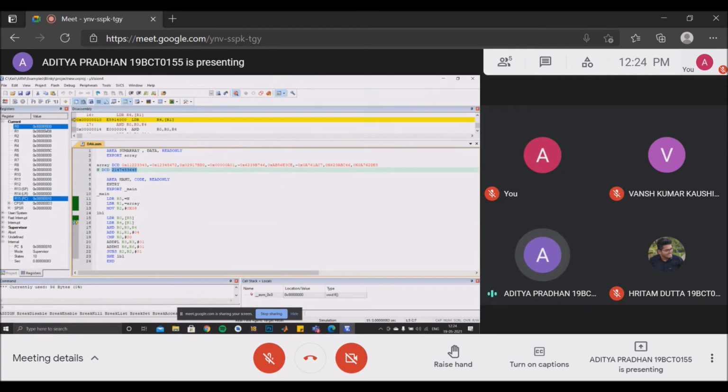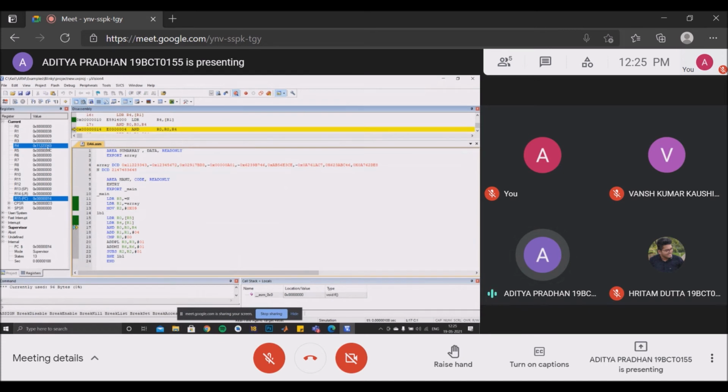contains the address of the first element in the array. So when line 16 is executed, the first element of the array, which is 11223343, is loaded in R4. We can see this here in the register dialog box. Again, when we consider the binary form of this data, the MSB comes out to be 0.